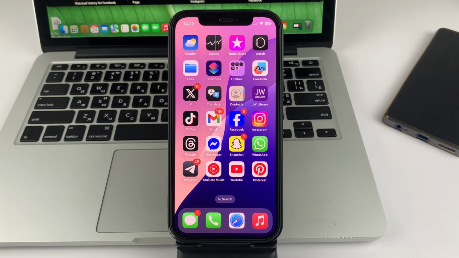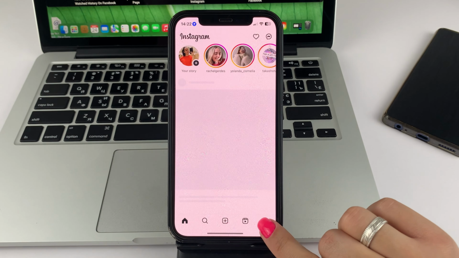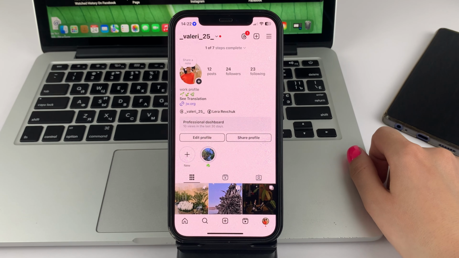So friends, let's get down to our topic. First of all, you will need to unlock your device, of course. Open the Instagram app itself and then please go to your account. Now on the top right, please click on the three bars.